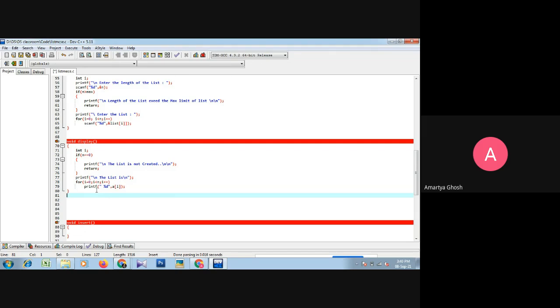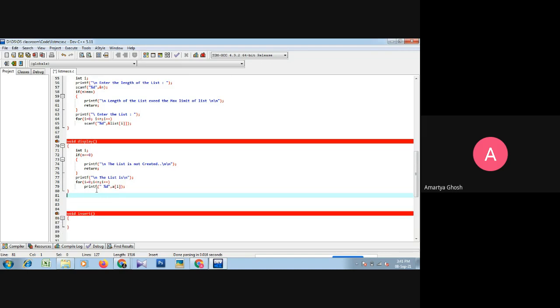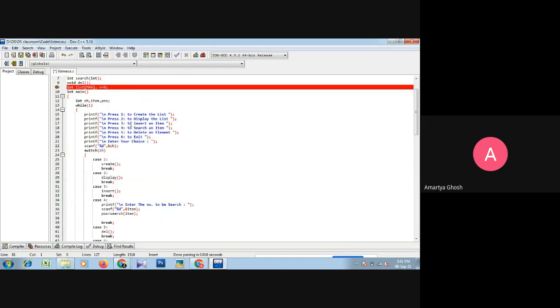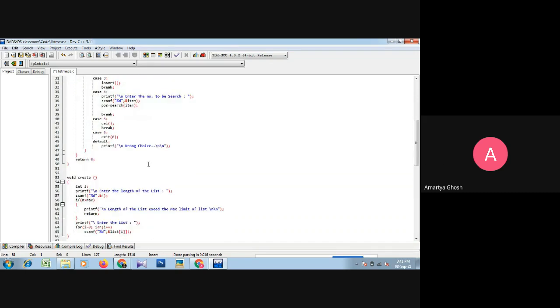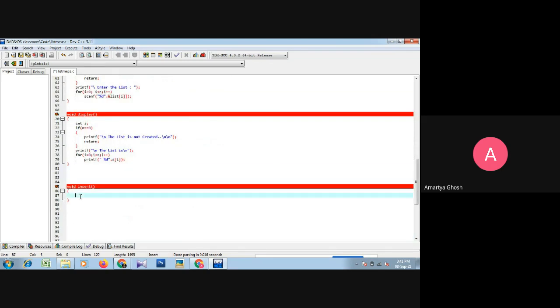So we cannot display when the list is not created. Okay. Now the next operation, or next option, is the insert operation. So during the insert operation, the first thing is when we cannot insert. So every time we have to think about when we cannot perform that operation. Okay. So when we cannot insert,